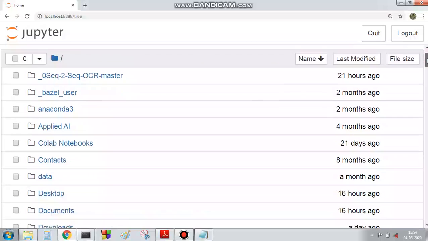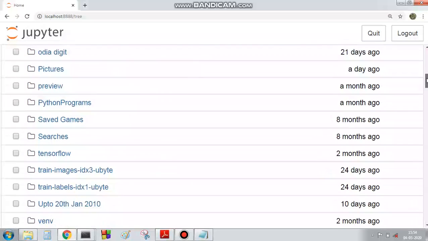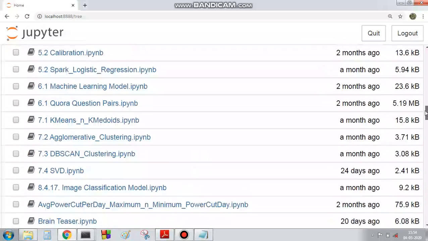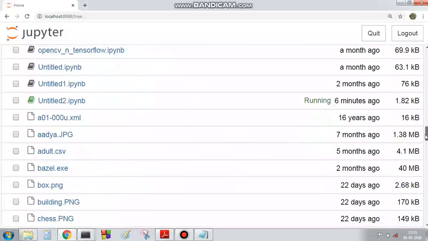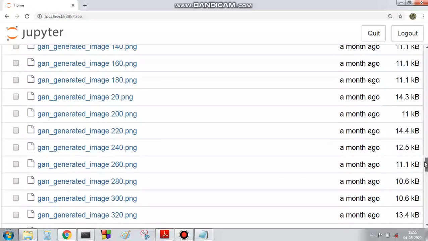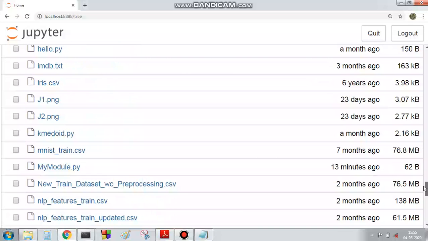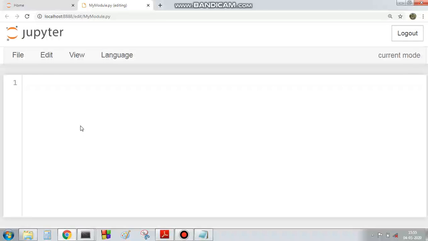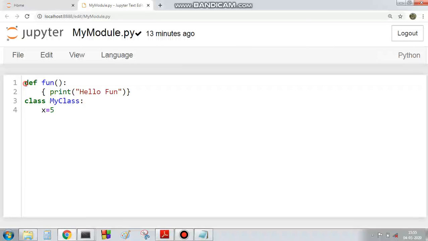Now we can see here in the default path, we have our module mymodule.py. If we open it, then we can see the two things here, the function which I have already written, and second the myClass.